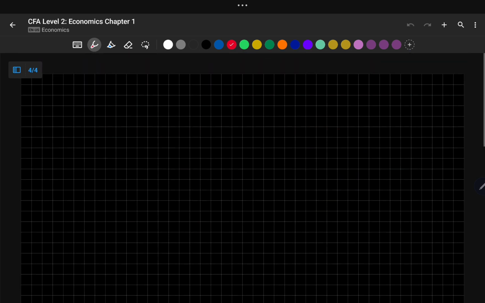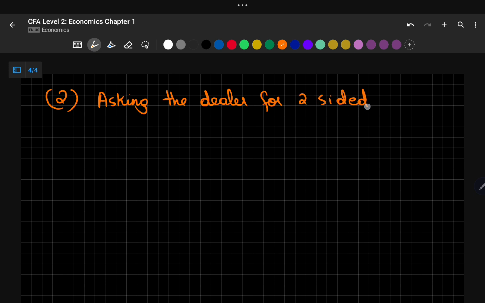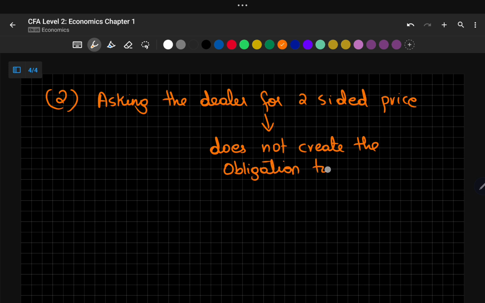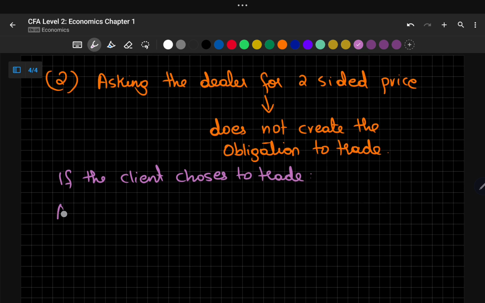Now the second point, if a client goes and asks the dealer for a two-sided price, asking the dealer for a two-sided price does not create the obligation to trade. But now if the client chooses to trade,